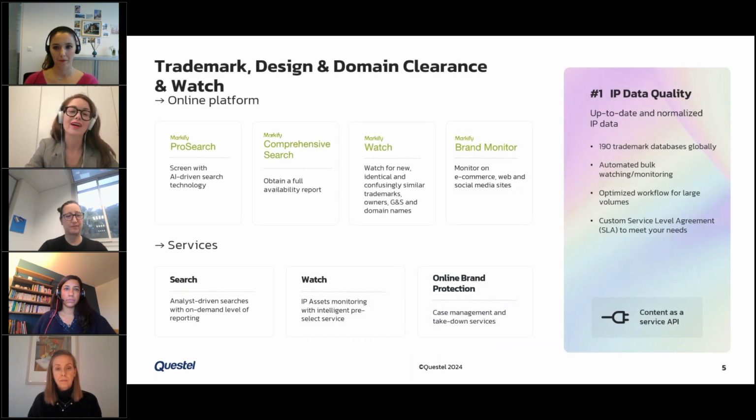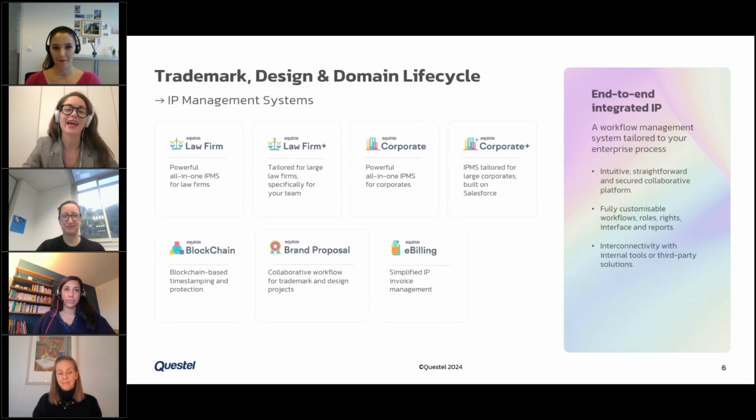When it comes, in particular, to clearance and watching, we have different platforms and different solutions available. Of course, it depends. If you want to search yourself, you have different ways of ordering searches and of running searches directly using the tool. Or if you want to use our services, you can leverage the fact that we have professionals doing nothing else than searching, watching, and protecting your brands online.